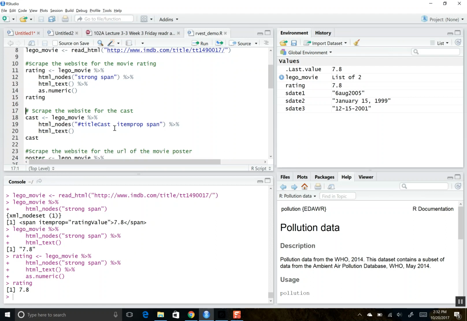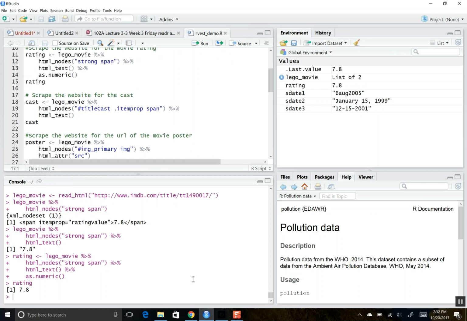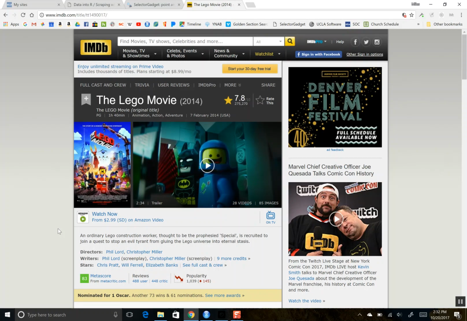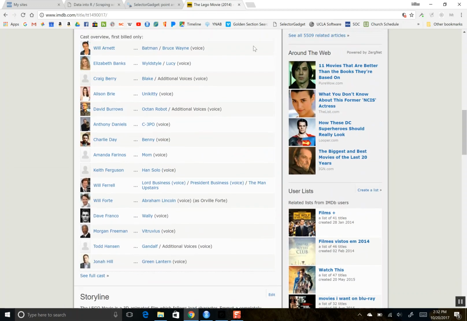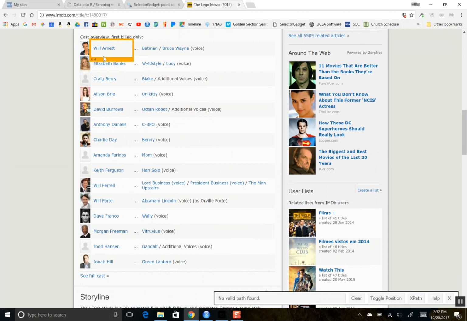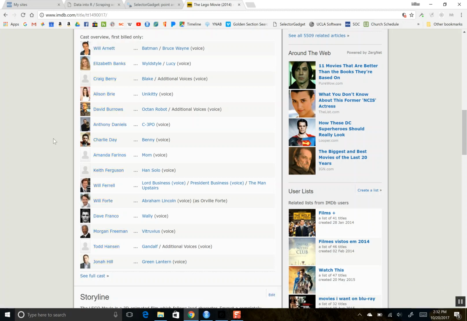Okay? We can do this. It doesn't have to be just single things. It can actually return a vector, okay? And so if we're at this web page for the Lego Movie, I can click, again, SelectorGadget, and here I'll hover over the name, and so here, apparently this is the tag I'm going to use, itemprop, okay? And this will be